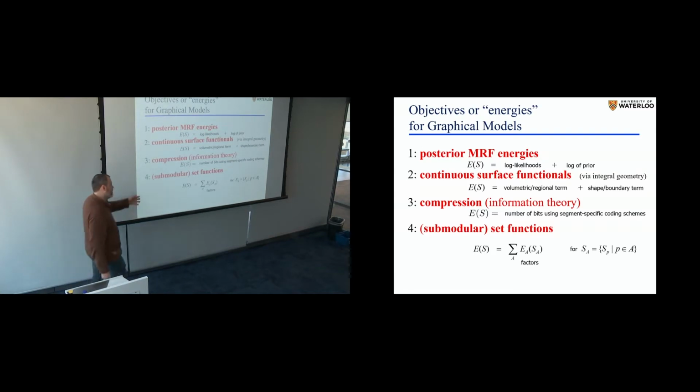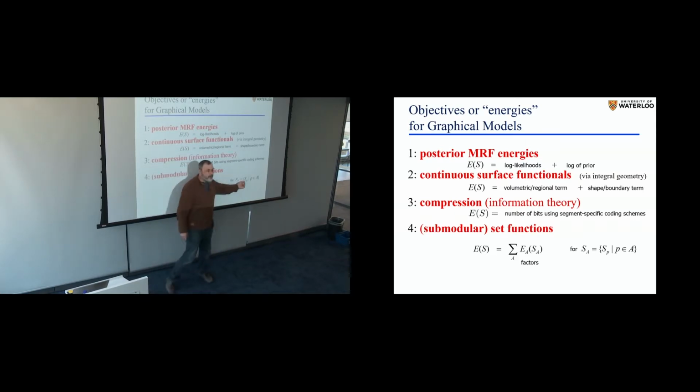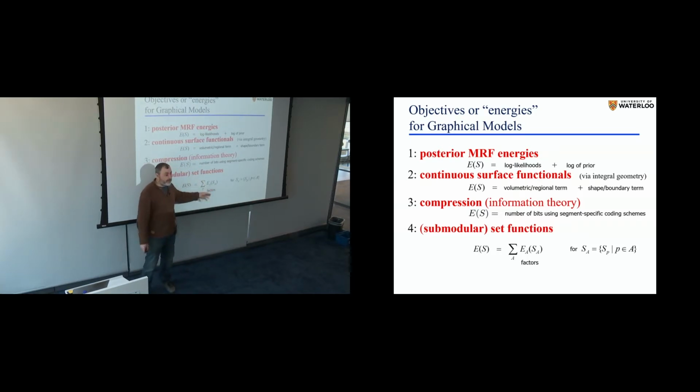But there is also maybe a more down-to-earth perspective. It's just optimization of set functions. How you derive exactly this energy is your own business. But once you write down your energy as a sum of what we call factors, like pairwise factors, meaning a factor could be a pair of neighboring points, or it could be a higher order clique, you can write down those energies as a sum of factors, and depending on how complex your factors are, you talk about optimization.